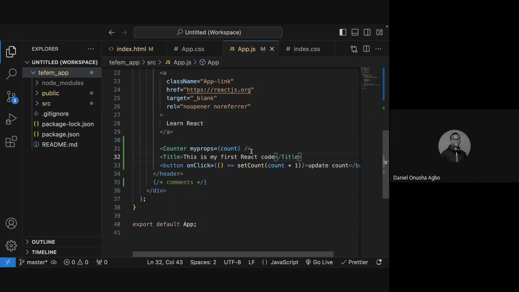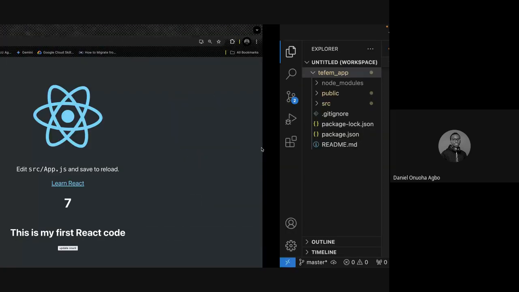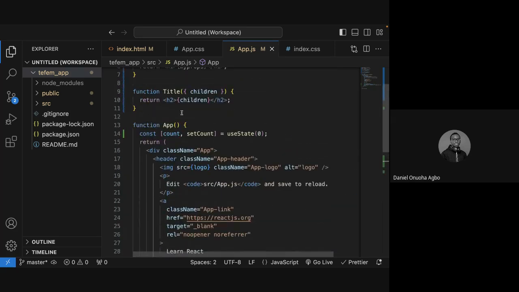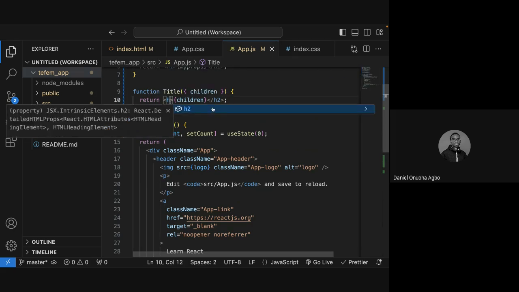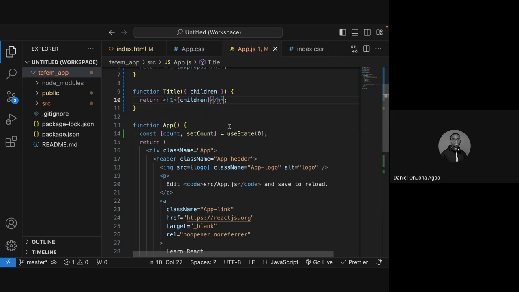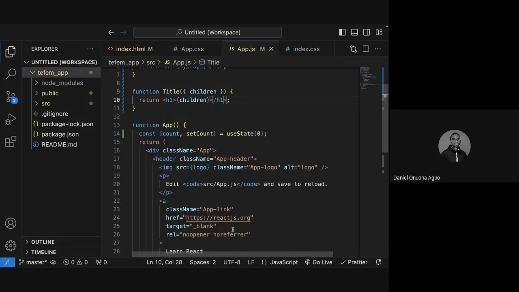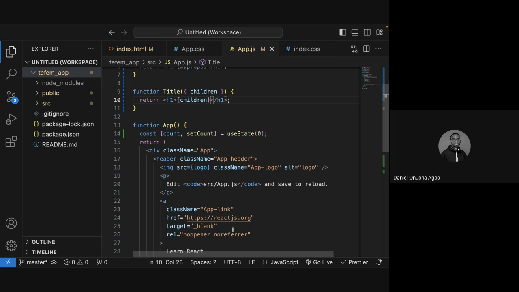Now what this is doing is that every value here, this content, is now taking the style of an H2 element. So if I change this to an H1 element, see, the value changes. So this is how you create components. You can decide that for title, I can now style all my titles using className. I could do something like